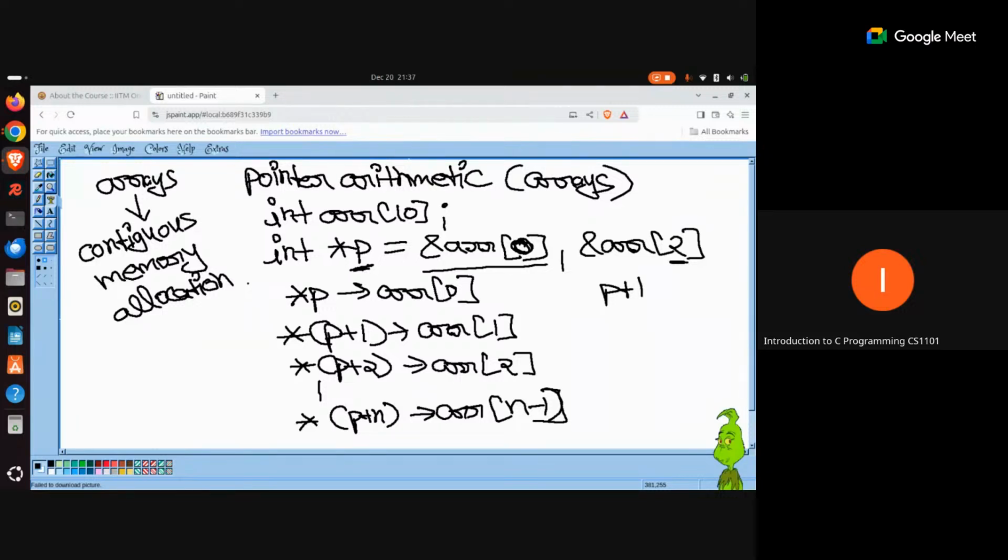Do you want to say something about this concept? Means the memory will be allocated one block after the other, continuously. Exactly. And this is guaranteed in case of arrays.